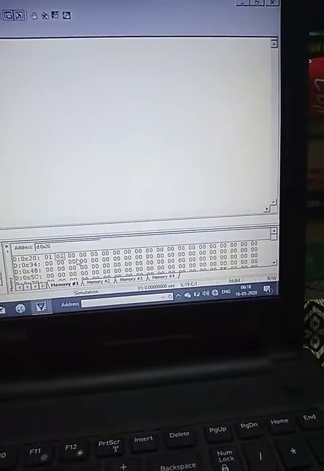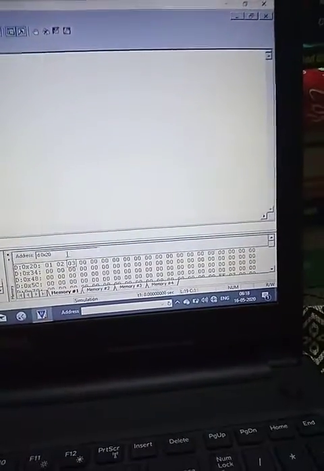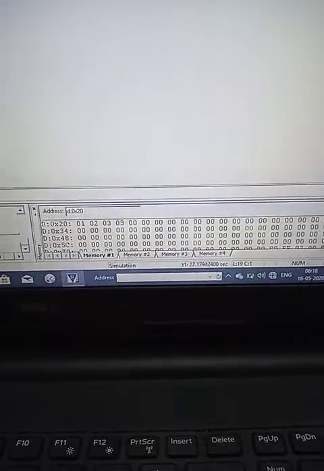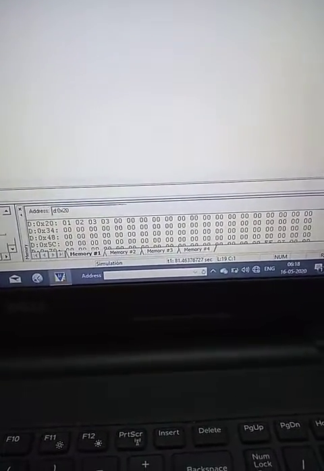In the 22 location I am giving 03 once again. Enter. I go to debug and say run and see here the data has come, 03. That is nothing but the ORing: when 2 is ORed with 3, you get 03. You can check it with a paper and a pencil.